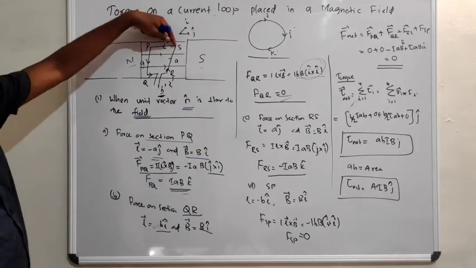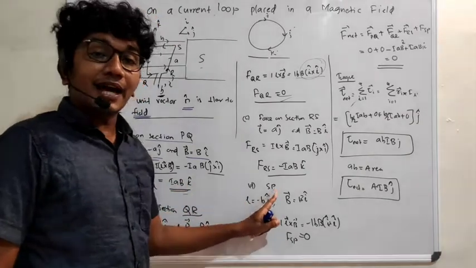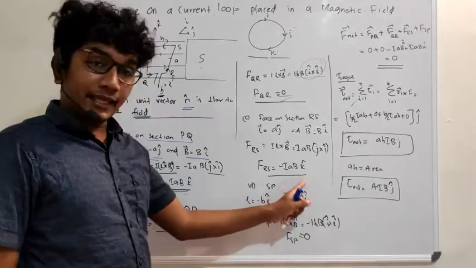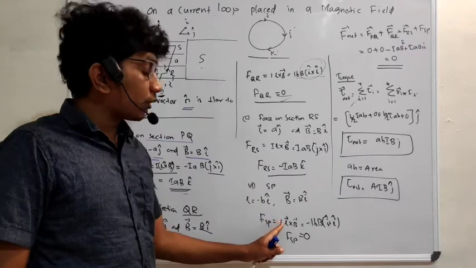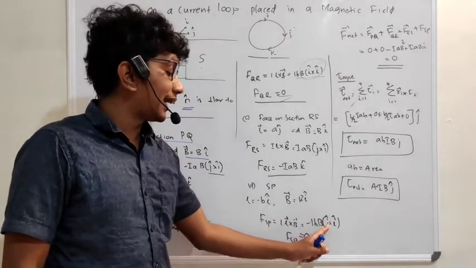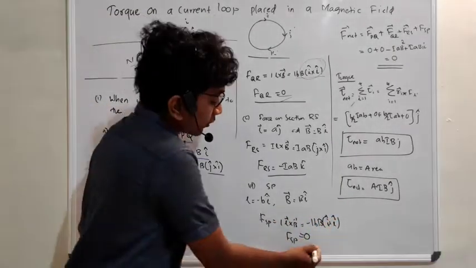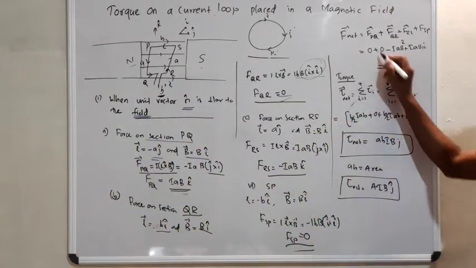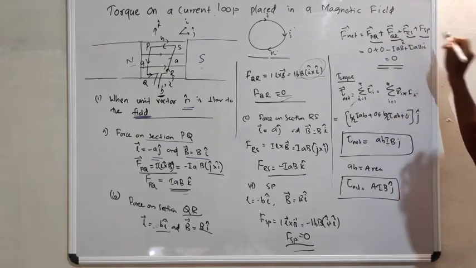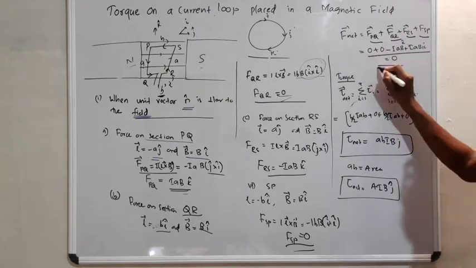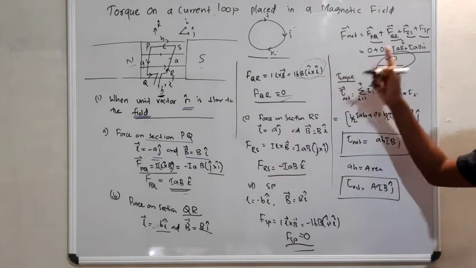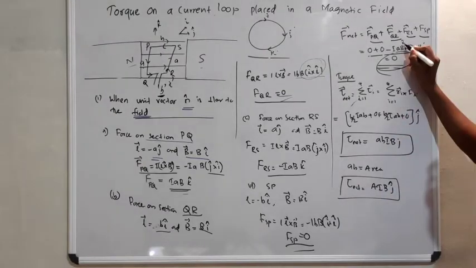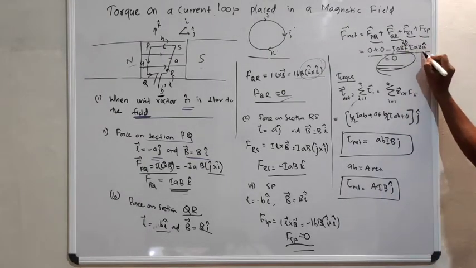Again, what about the last one, SP? Here SP, so here minus b i is the length. Magnetic field is equal to B into i, and then F_SP is equal to I L cross B, that is equal to I L B into i cross i, which is equal to 0. So what will be the total force? F net is equal to F_PQ plus F_QR plus F_RS plus F_SP. The total is equal to 0. You can check it. Total value will be 0 plus 0 minus IAB plus IAB, which is equal to 0. All are k, IAB into k, IAB into k.